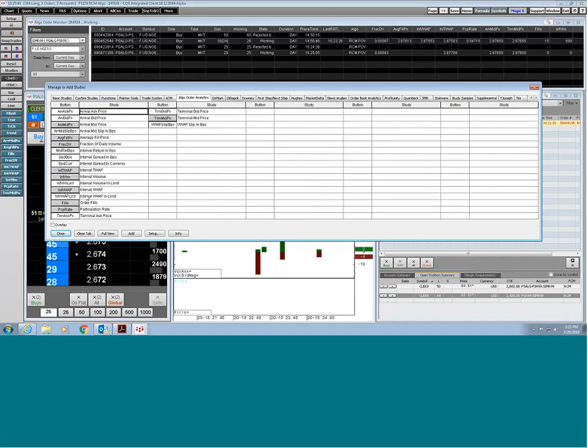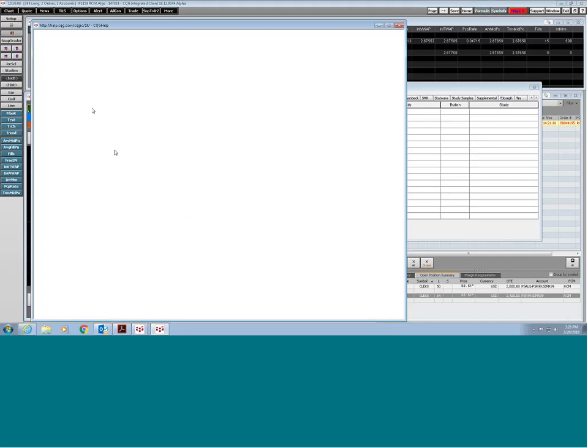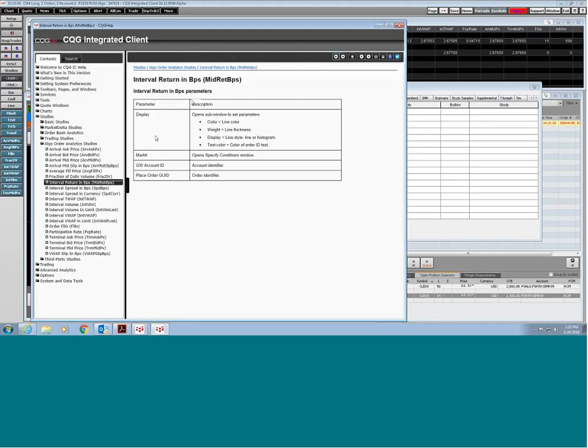Your fills, it'll show you as you've been getting filled. It'll show you your participation rate according to the market volume. What's your fractional daily volume? If you don't know what some of these mean, like some of them are a little more complex, like figuring out your internal return in basis points, you can come down here and go into the info, and we'll give you additional info on that particular item. Okay, and here's all the stuff that we have info on.